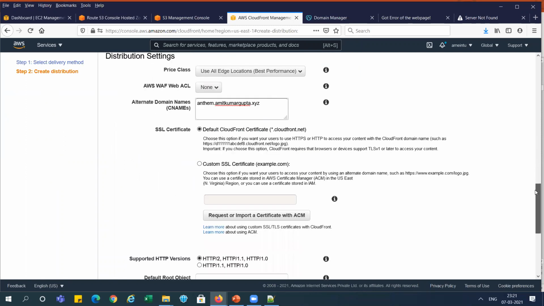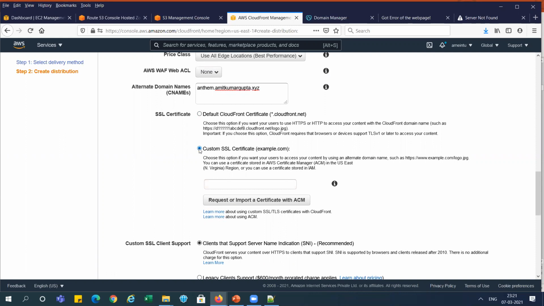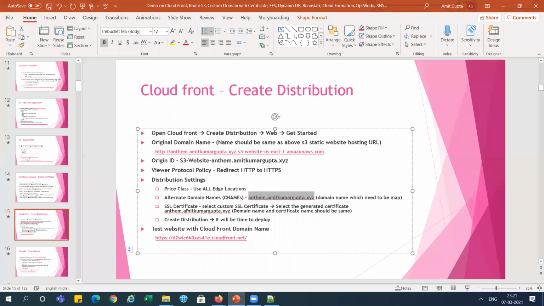And for this domain name, we need to create a custom SSL certificate. That is the certificate we need, right? So when we select it here, we will get the option for the certificate. You can see we are getting this certificate which I created earlier, and this one we have created right now. So we can select any one, but if I'm matching with Anthem, we need to take this anthem.amitkalgupta.xyz, right? So I'm selecting this certificate over there.